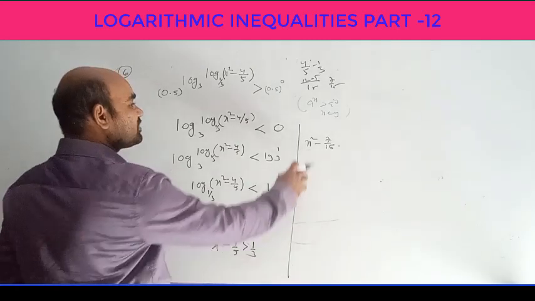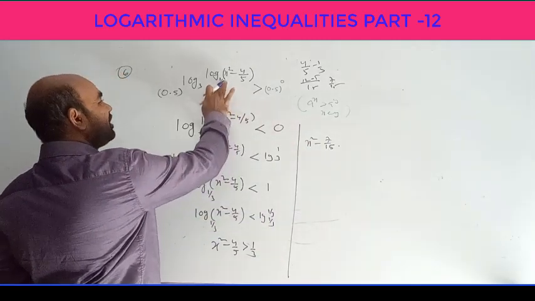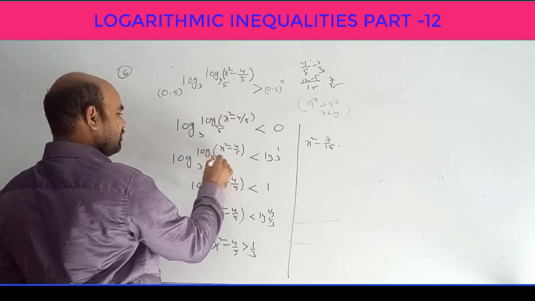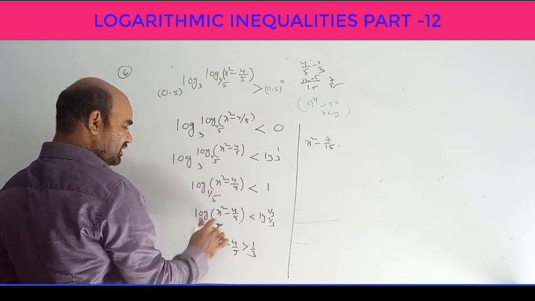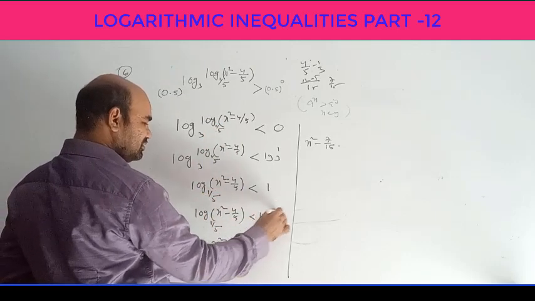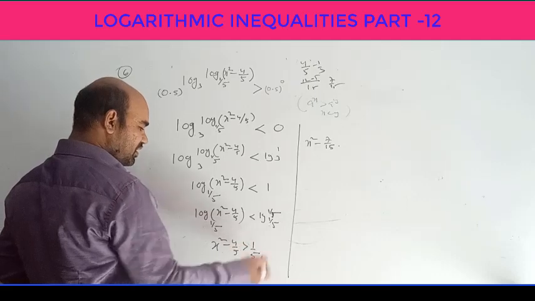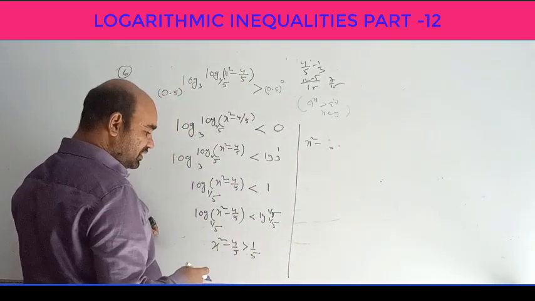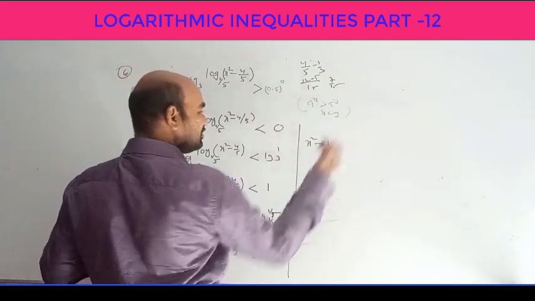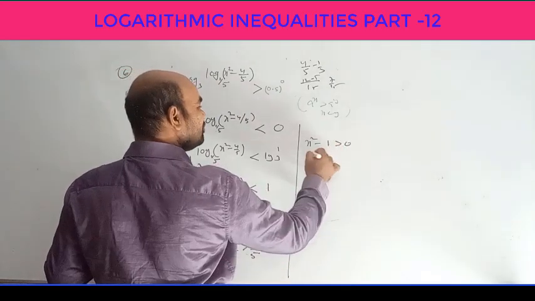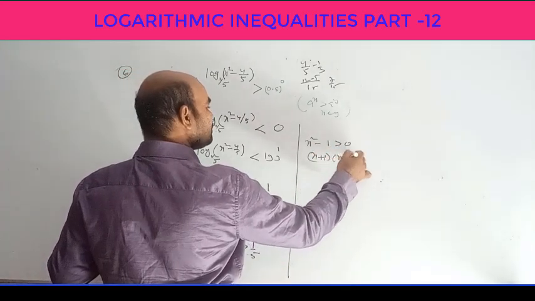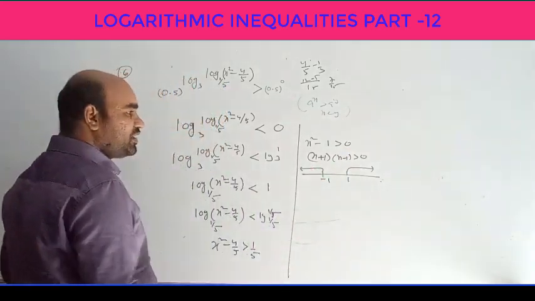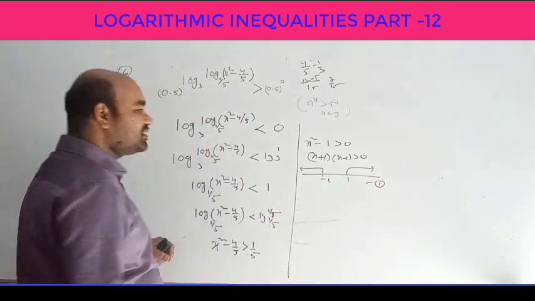Okay students, actually here 1 by 3, not 1 by 5, is given. So x square minus 1 by 5 on this side, minus 1 is greater than 0, or x plus 1 into x minus 1 is greater than 0, so x is greater than 1 or less than minus 1. But this is taken as part 1 only, because that is not taken as the solution.